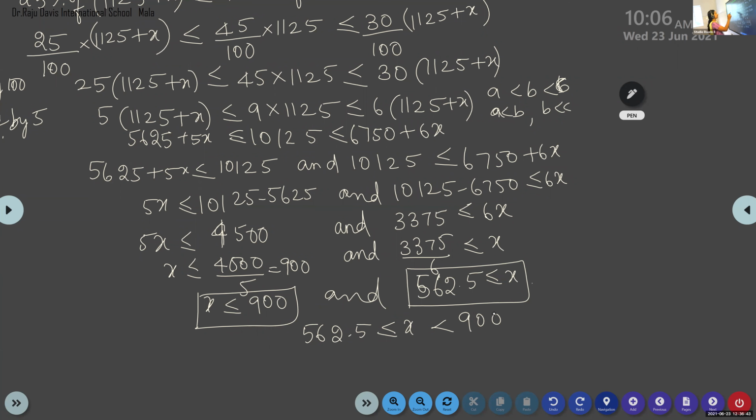Sorry, okay, here children, one second, it is given, it should be more than, isn't it? More than and less than. It is not given as more than or equal to, less than or equal to. So instead of writing less than or equal to, we should use strictly less than. From the beginning, you write this as strictly less than. So x should lie between 562.5 and 900. Is it clear, what I am saying? Here it is given only less than and more than. So we should use strict inequalities here. It is not slack. Here it is strict.